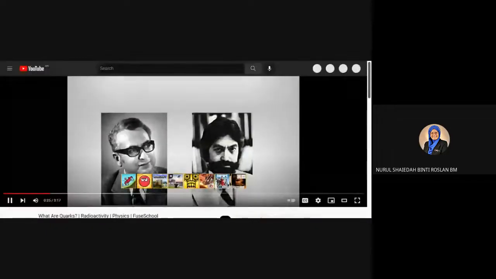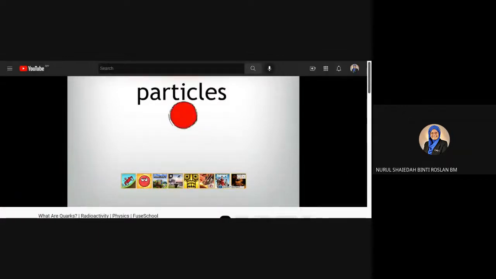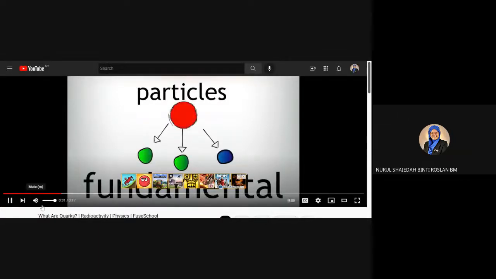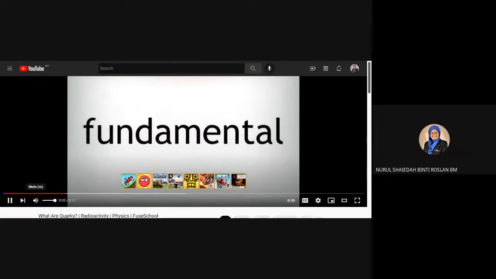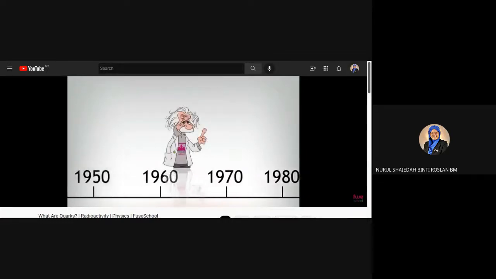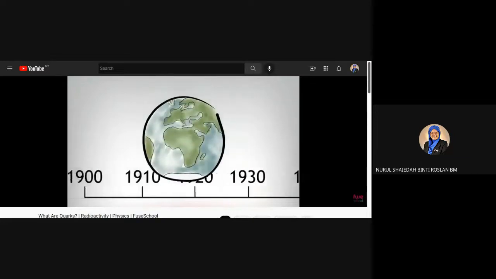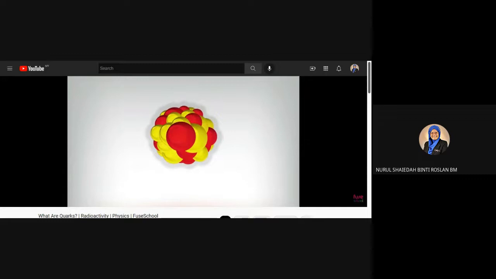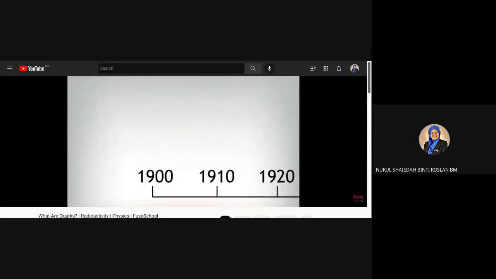Suggested that most of the known particles of the time could be explained as being combinations of three fundamental particles. Now, the term fundamental means that over the past century, discoveries in physics have come thick and fast. Some have changed the way that we understand the world. An understanding of the structure of the atom has been a huge focus of scientific research, and it has heralded an era of discovery unlike any we have ever seen before.